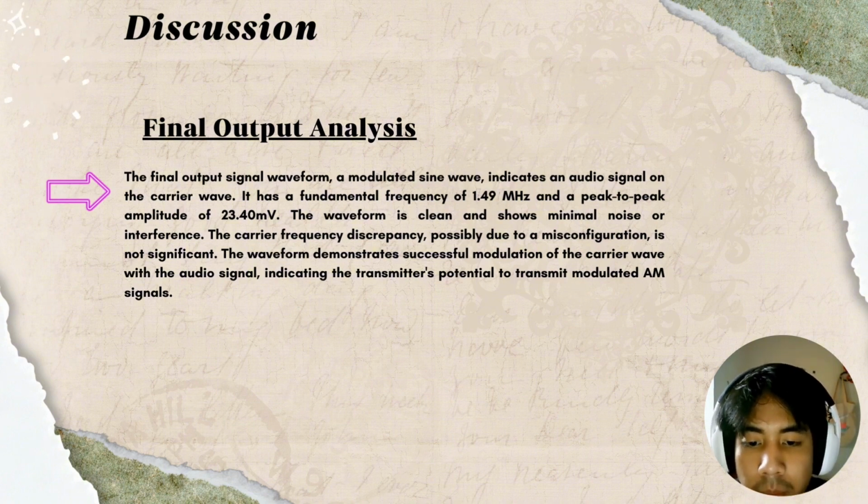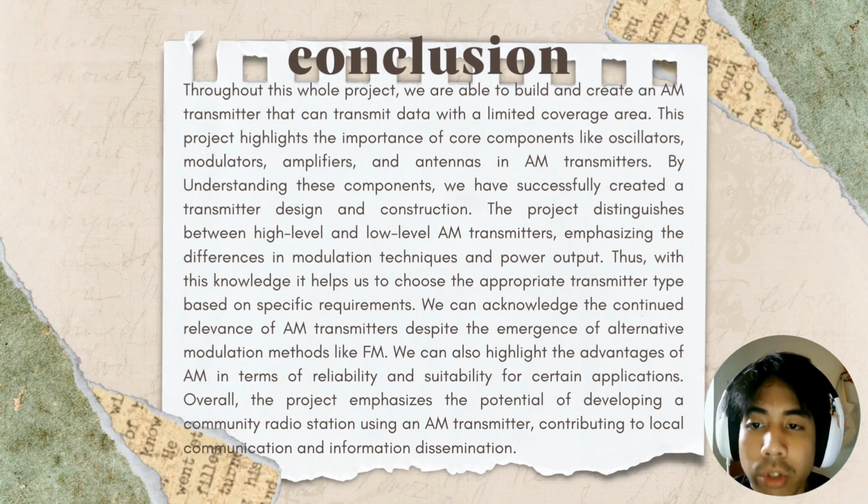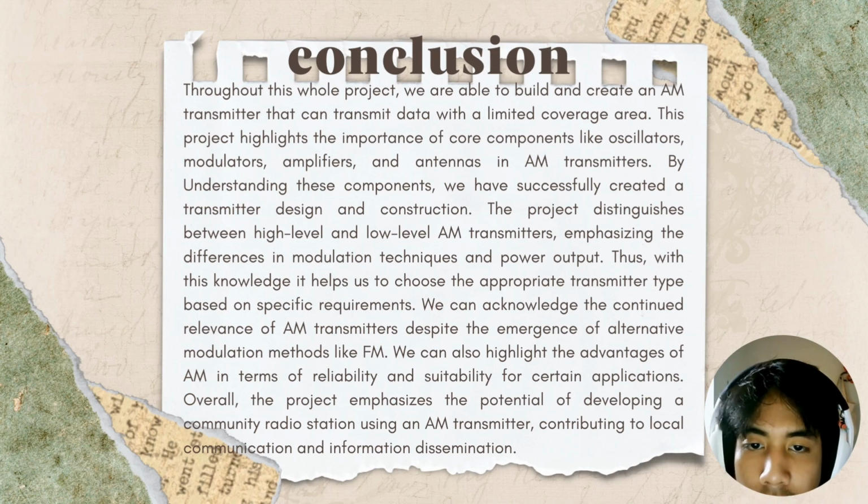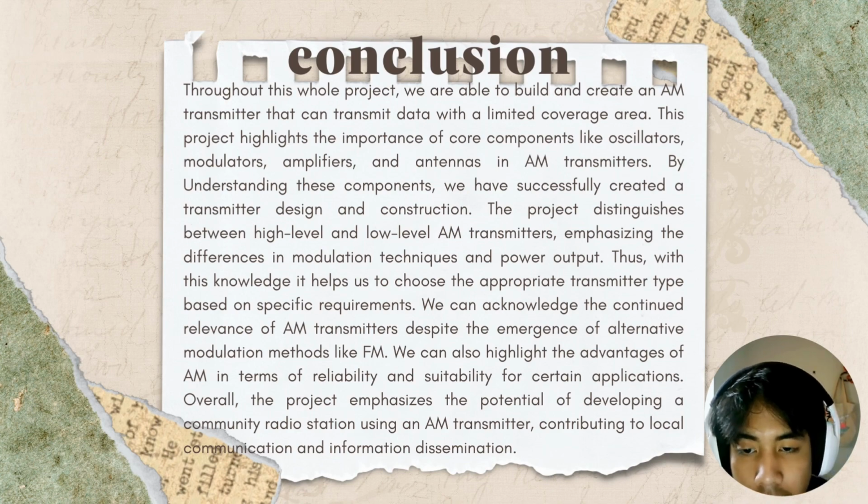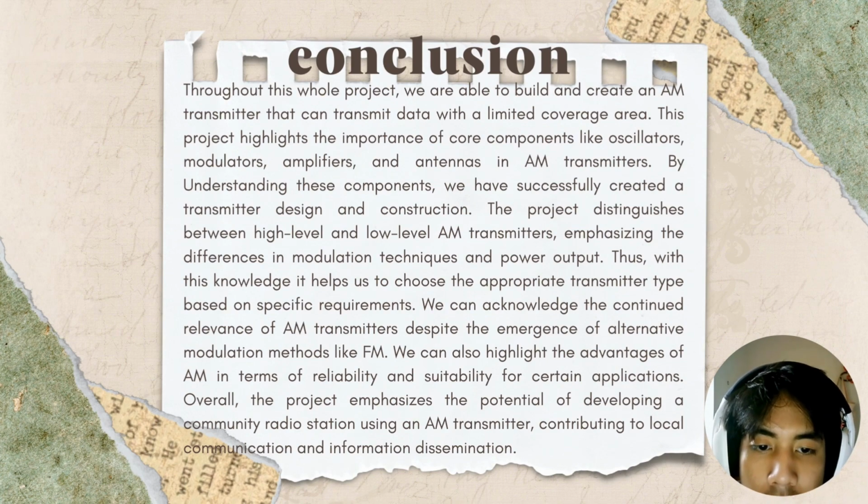And lastly, for the conclusion, throughout this whole project, we were able to build and create an AM transmitter that can transmit data with a limited coverage area. This project highlights the importance of core components like oscillators, modulators, amplifiers, and antennas in an AM transmitter. By understanding these components, we have successfully created a transmitter design and construction. The project distinguishes between high-level and low-level AM transmitters, emphasizing the difference in modulation technique and power output. Thus, with this knowledge, it helps us to choose the appropriate transmitter type